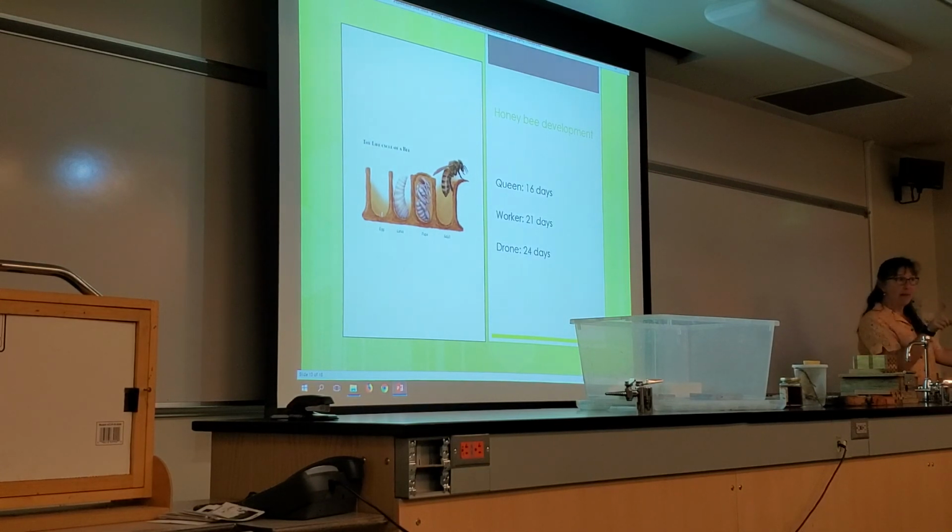So bees can make wax that comes out of glands in their abdomen, and they can make royal jelly, which is this white, almost creamy substance that they make in glands in their heads and that they feed their larvae. And so let's assume you